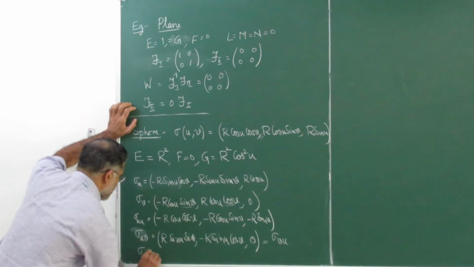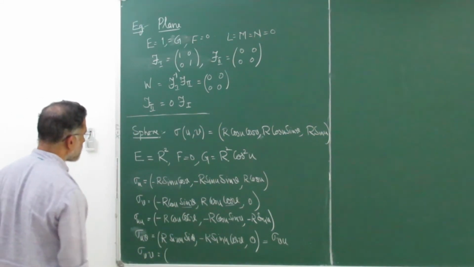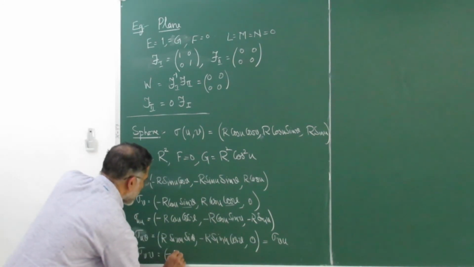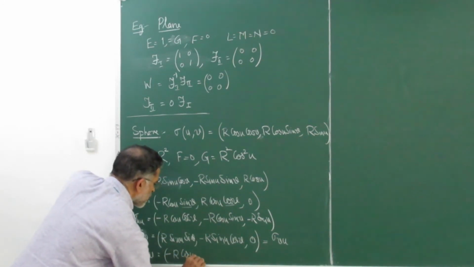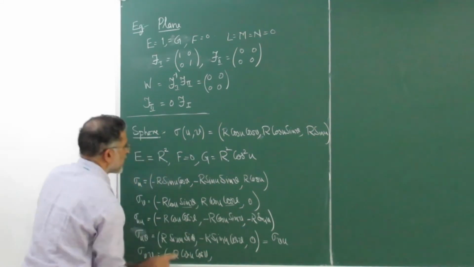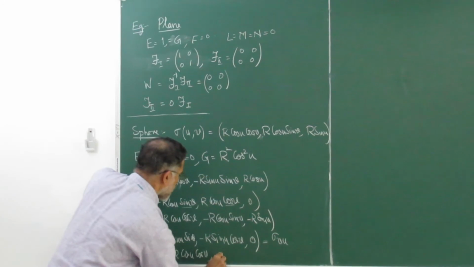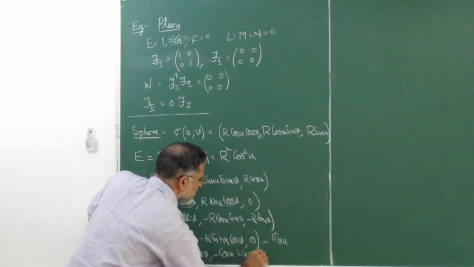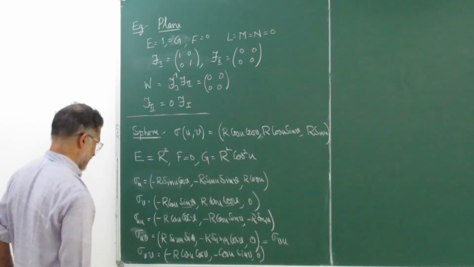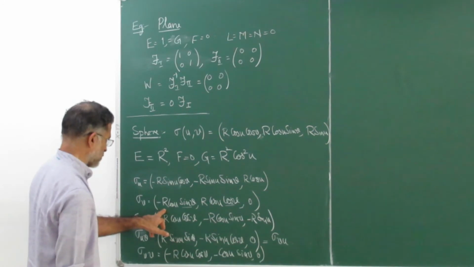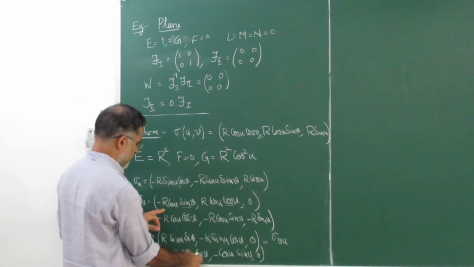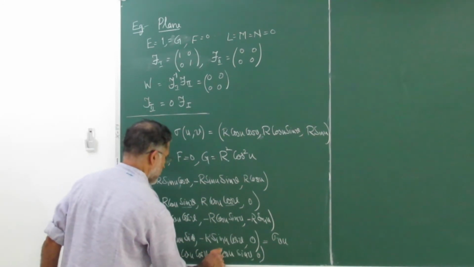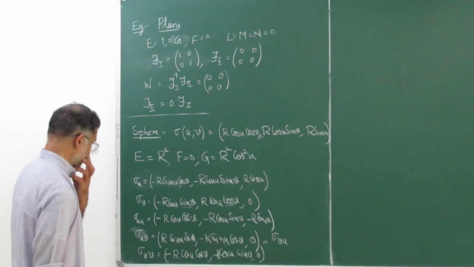Now let us write sigma vv. What is sigma vv? We are differentiating with respect to v. So this will be minus r cos u cos v. This is again minus r cos u sin v, and 0. Hope I have not made any error. You are differentiating this with respect to v, so this cos v will become minus sin v. So we have written r, everywhere r is there.